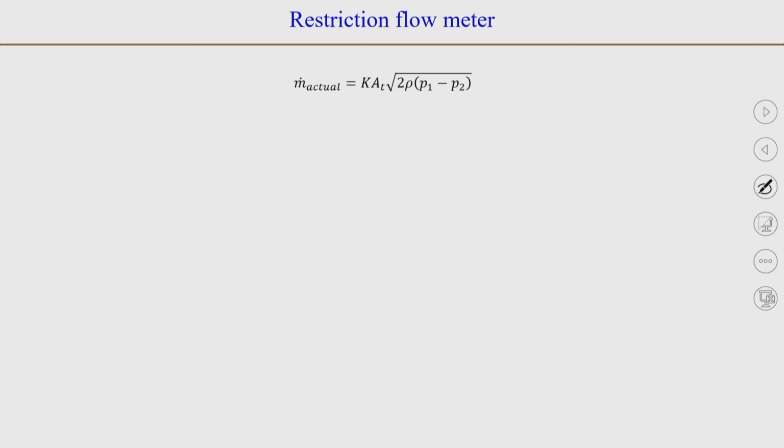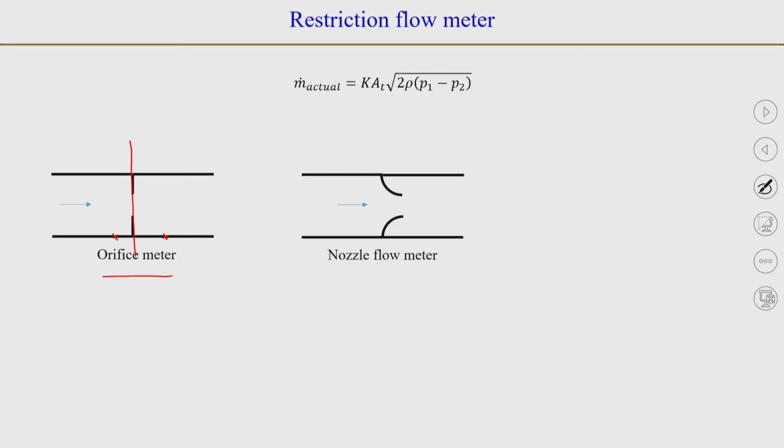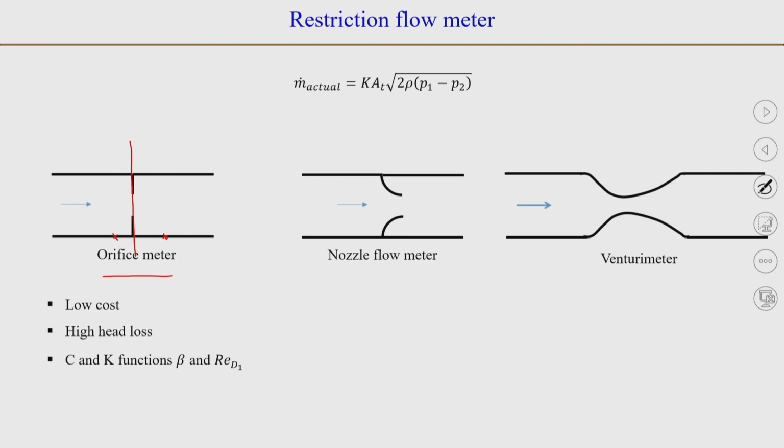Okay. So, we can use this formula. Now, you can use different kinds of elements to restrict the flow. The simplest one is that you introduce a plate here. When you introduce the plate, this is basically an orifice and the flow comes through here, and you can measure the flow rate downstream or at different places. And the problem here is that in this case, though the